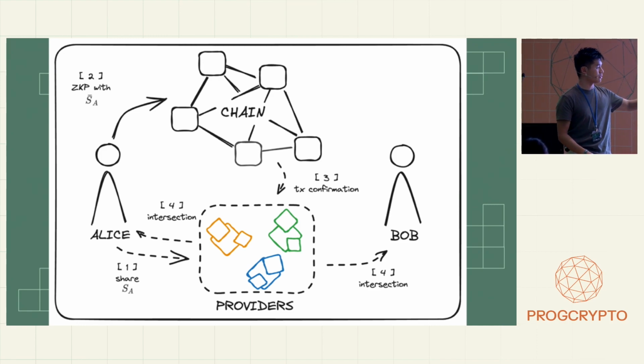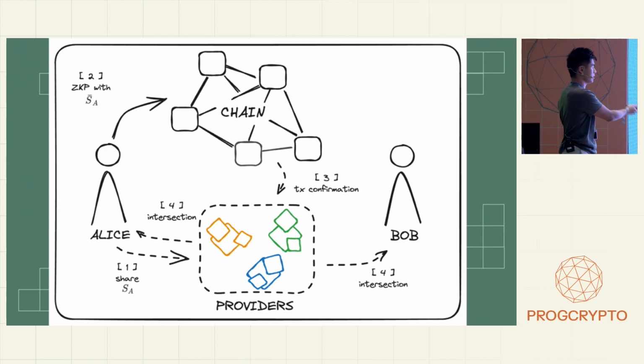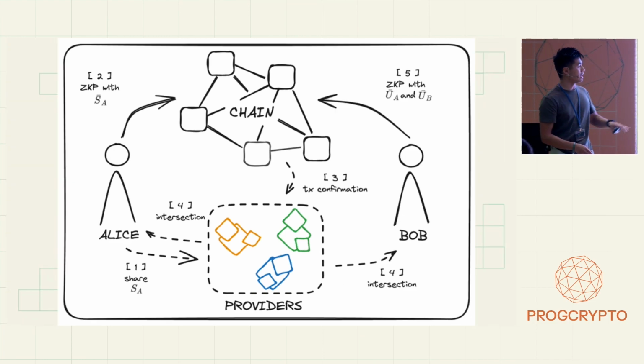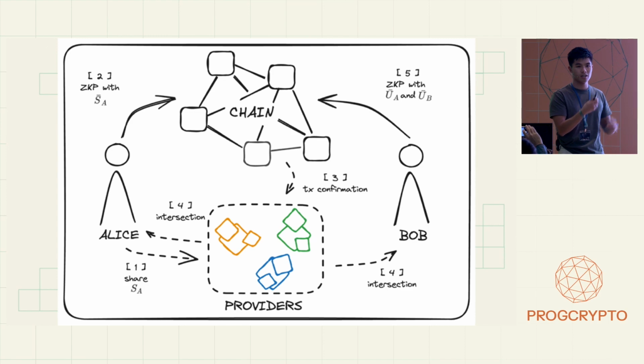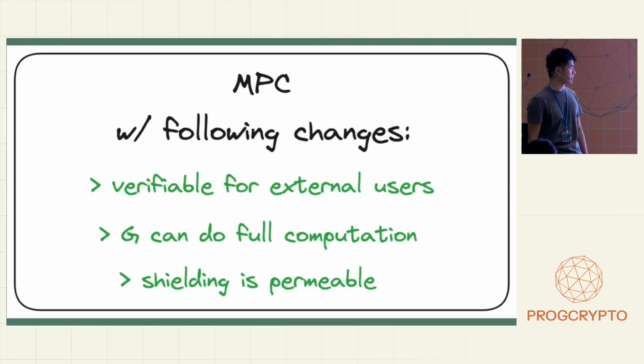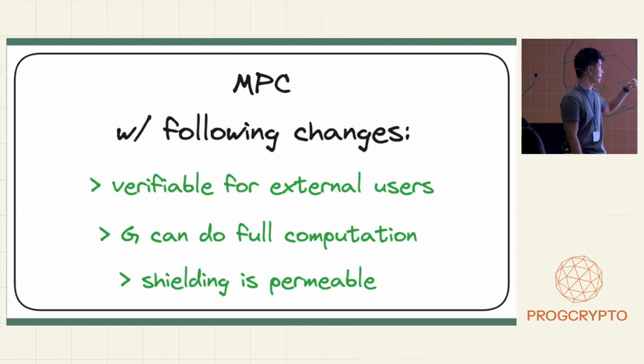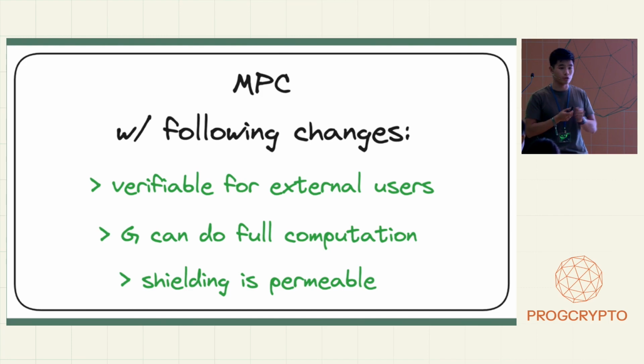And then finally, remember we introduced the agent G earlier? We set that agent to Bob right now, and we want Bob to be able to do the full computation. And using the knowledge that the providers have given Bob, then Bob can transition Alice's commitments and Bob's own commitments with a zero-knowledge proof. So effectively, we've hit all the requirements that we see here. You can verify everything because there's ZKPs. G can do the full computation as Bob did. And then shielding is also permeable because the pre-images are stored with the providers and not with the users themselves. And so users don't have to be online all the time to reveal parts of their state